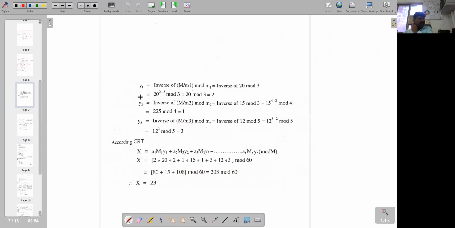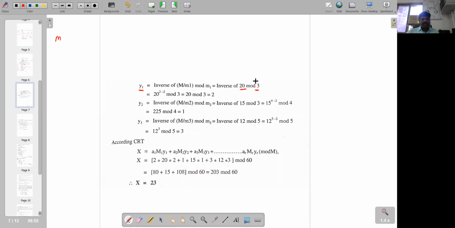Okay. Next we want to find the inverse modulo of the values which we calculated. So y1 is the inverse of capital M upon m1, mod m1. This is the M1 which we calculated. I hope you remember this value. In the previous slide I wrote all the data, and I don't want to repeat it. Remember the values: capital M1 is equal to 20, mod 3. So this is 20 power